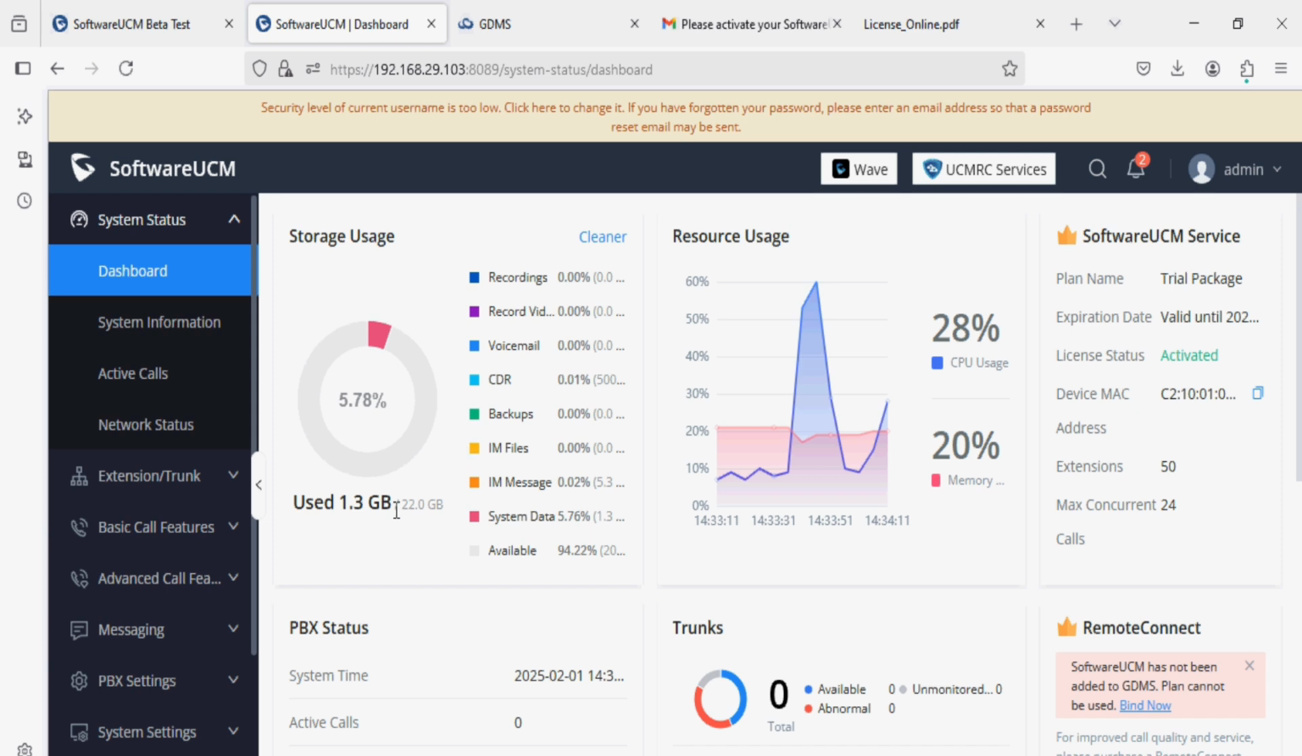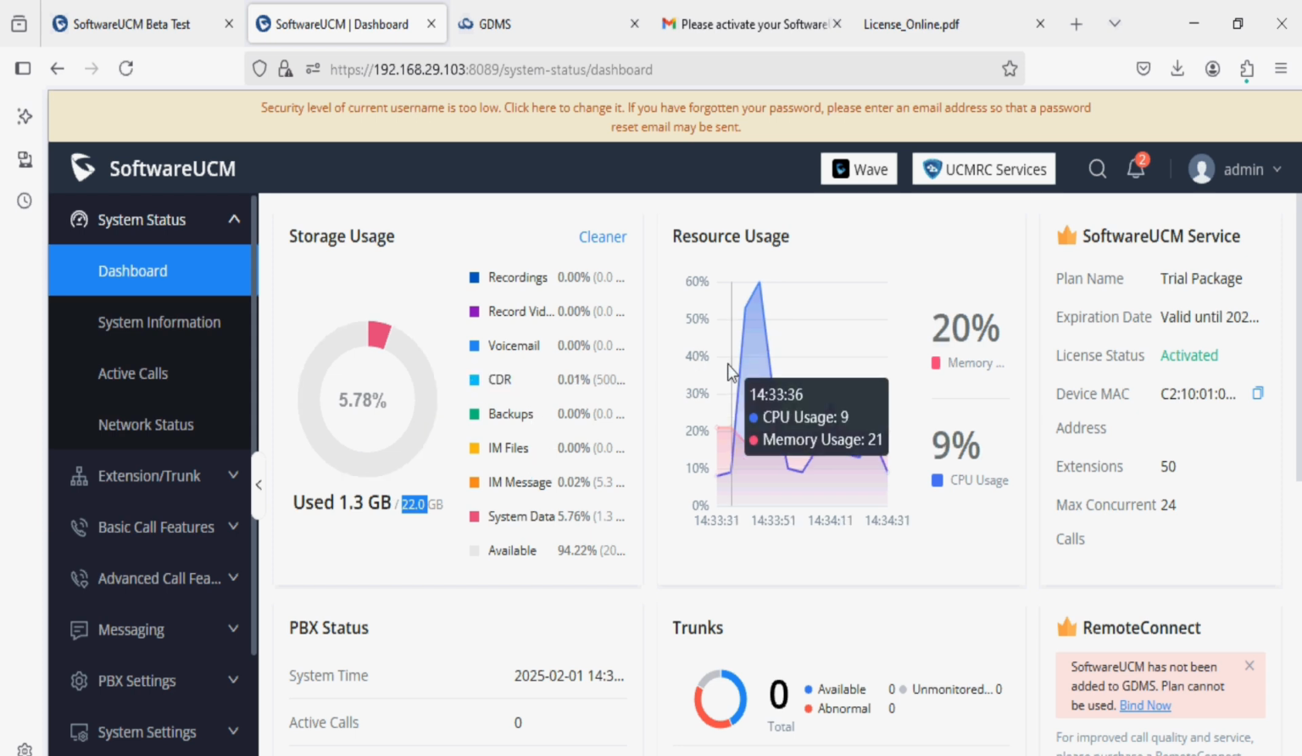So as we have given space for the UCM, we have got 22 GB for PBX space, out of which 1.3 GB is used by some of the configuration part. And here we can see the CPU usage and memory usage of the software UCM. Similarly, we can